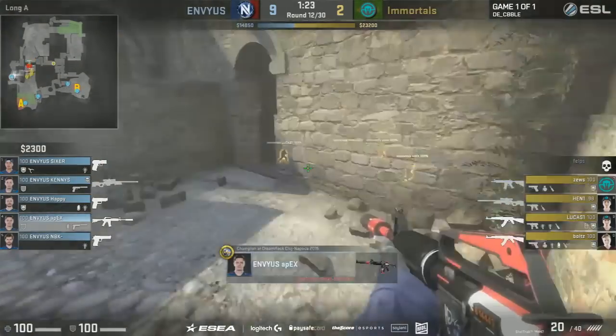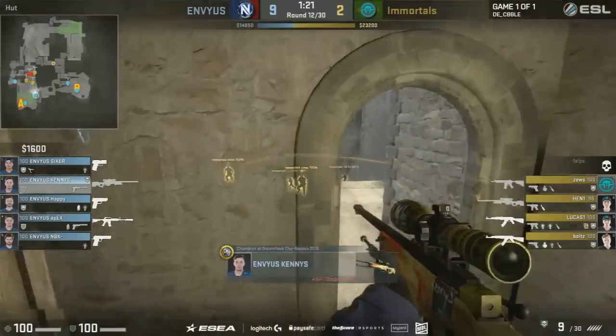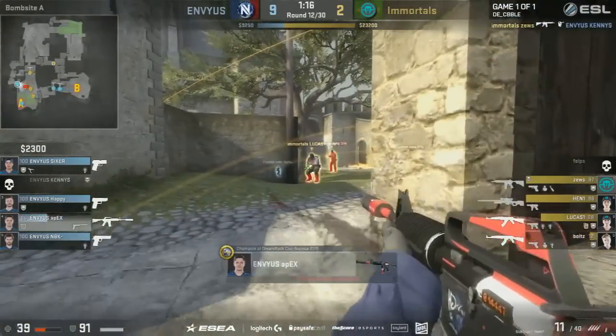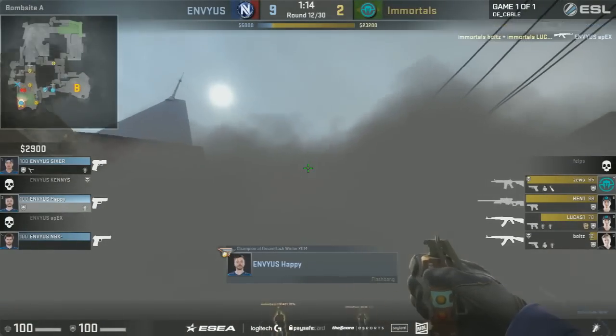He's funneling the T's towards A. It's working perfectly so far. I'll be waiting for them, and Apex is there with the rifle as well. Kenny spots another, but the flick doesn't work out for him. Zeus has the shot immediately onto him, but Bolt's